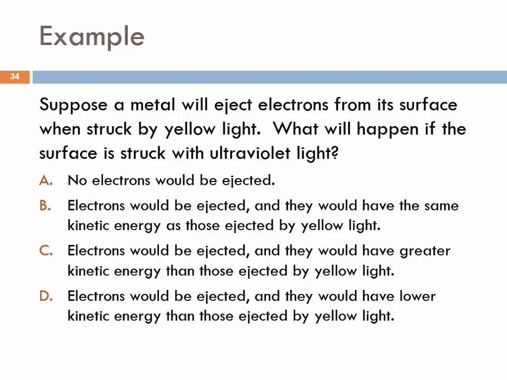So let's look at this. Suppose we had a metal, and we can eject electrons from it by shooting yellow light at it. What would happen if we struck it with ultraviolet light? More energy, no? Okay, so high energy,